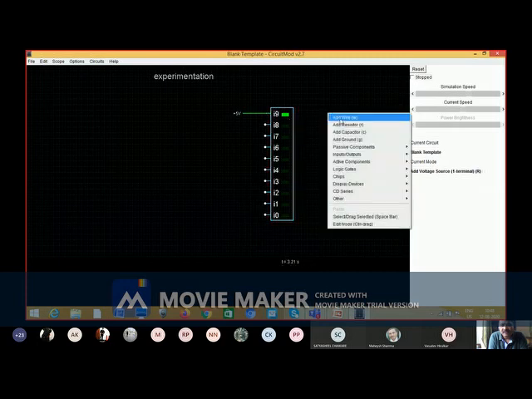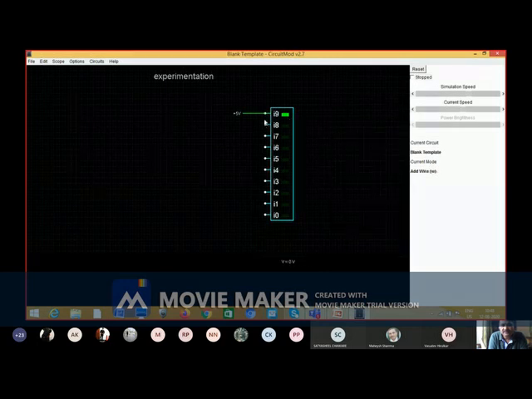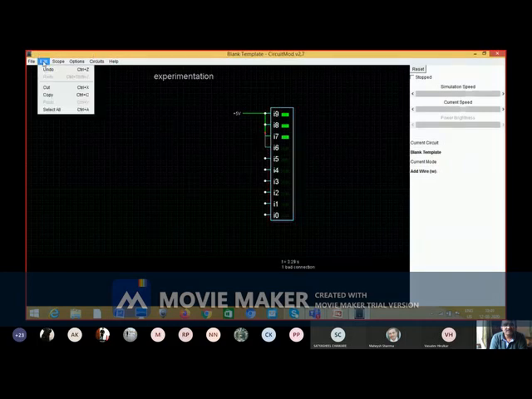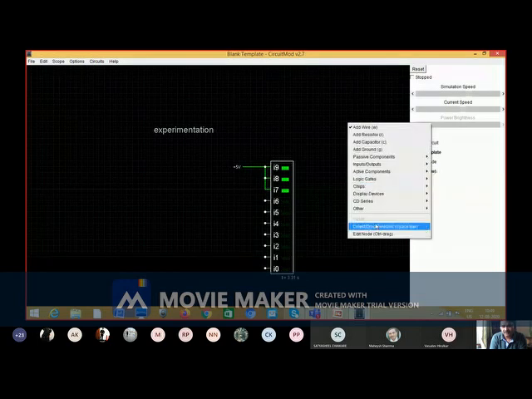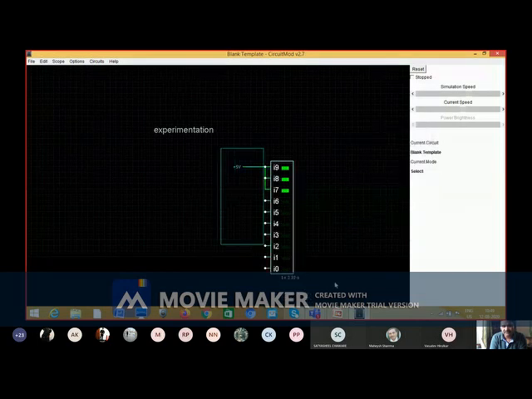Okay. And if you connect this, the second LED is on, the third LED is on, the fourth LED is on. I don't want that. I can undo.